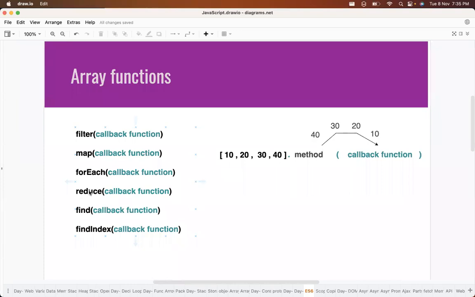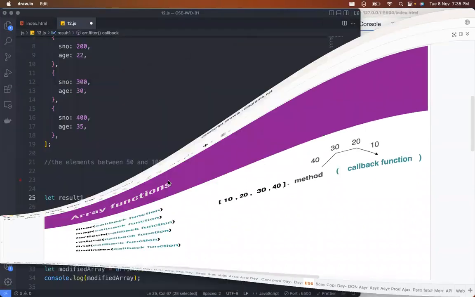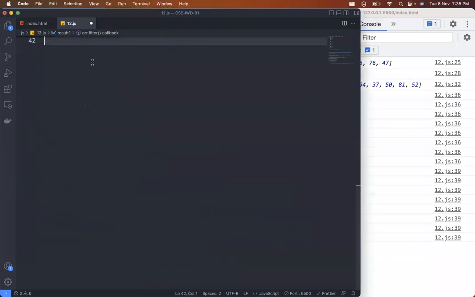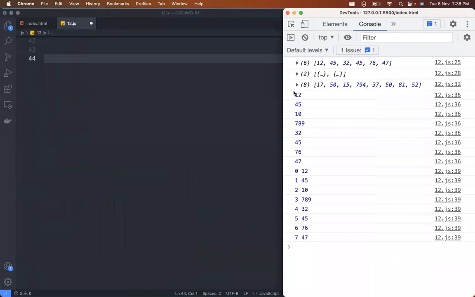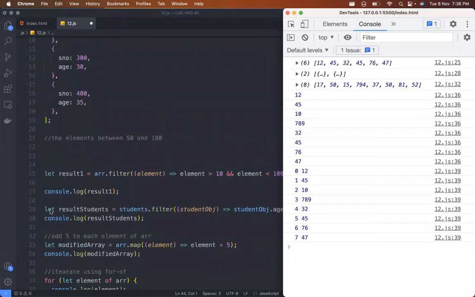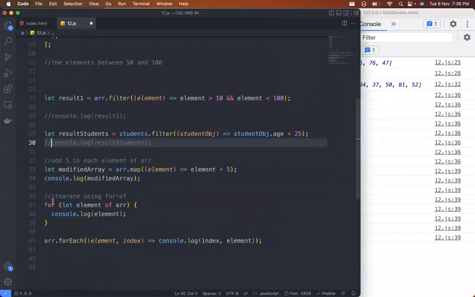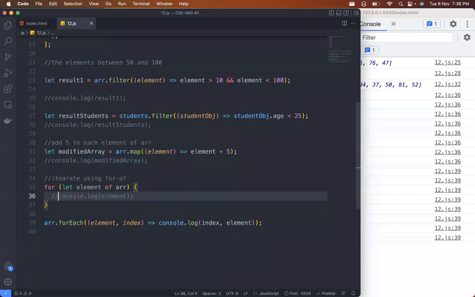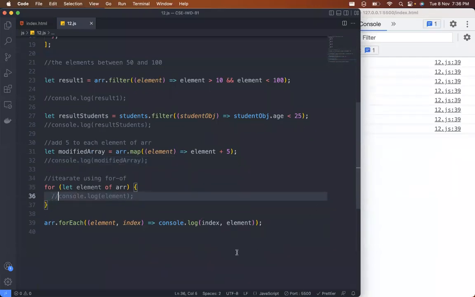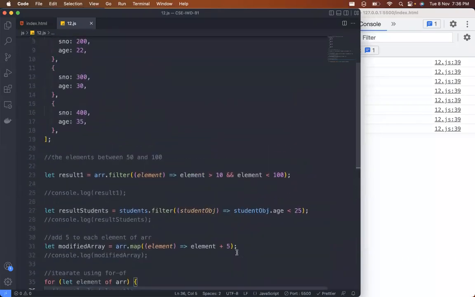Let us see how to use this reduce method. Its syntax is slightly different compared with the remaining five methods. I will show you the difference practically. First, I will comment out all these results, because when it prints the result, let's make this console clean. Once I remove all the console statements here, you can see the console is clean. One more console statement is there,